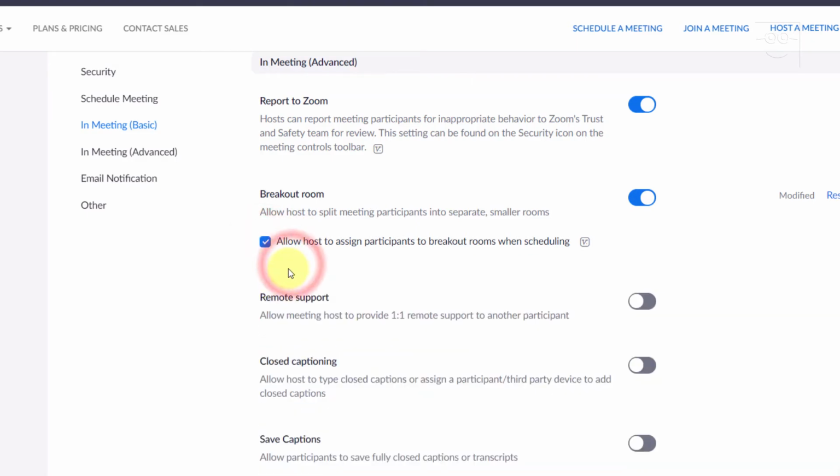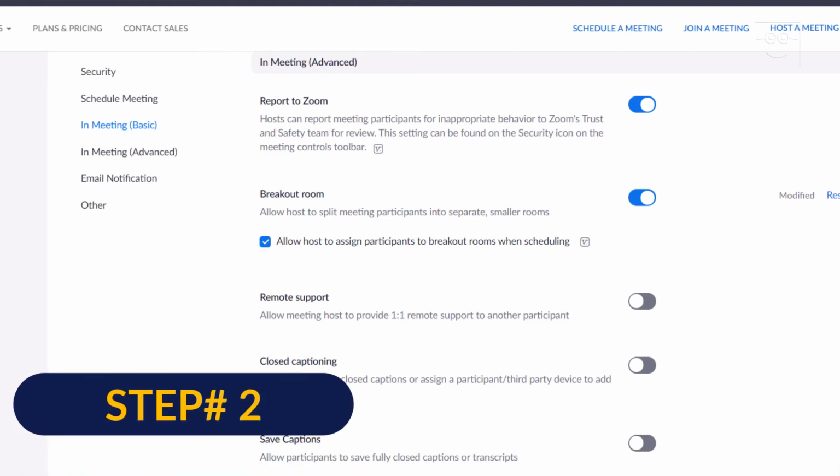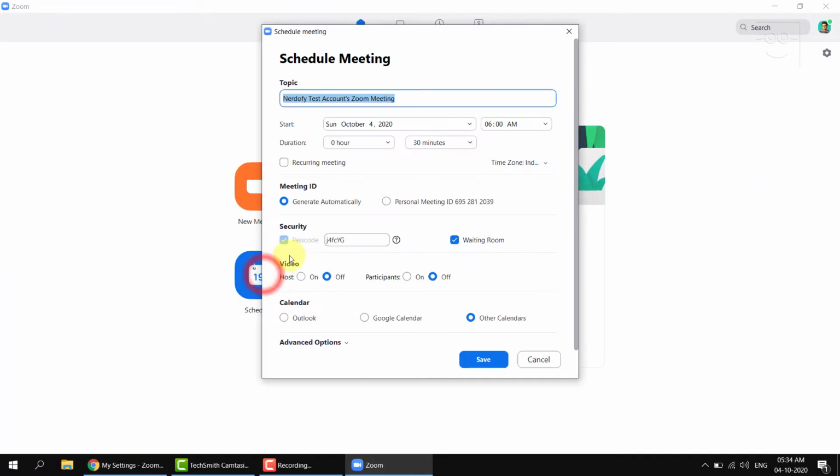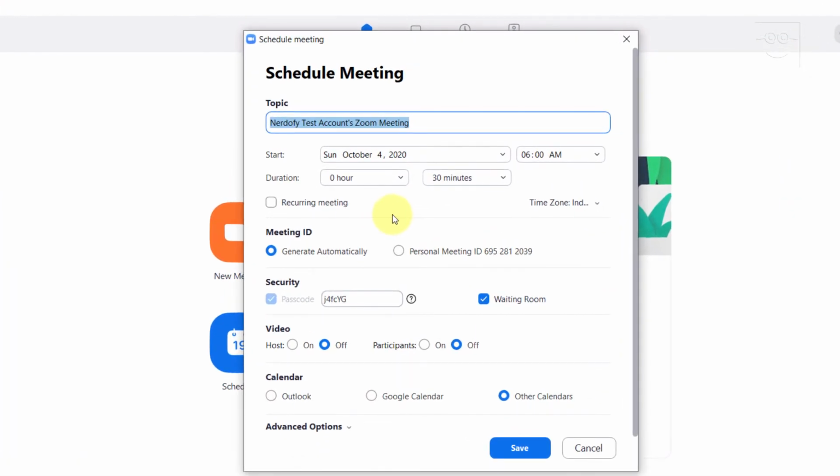Step 2. Schedule a meeting. If it is already scheduled, great, move to step 3. For this example, I'm going to schedule a meeting now. In the Zoom app, click Schedule. Type the topic of the meeting.